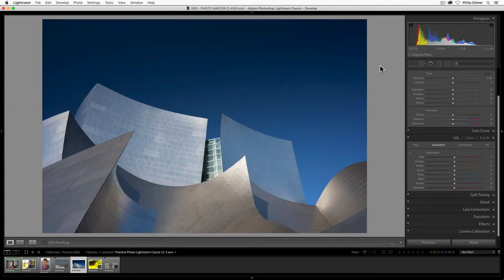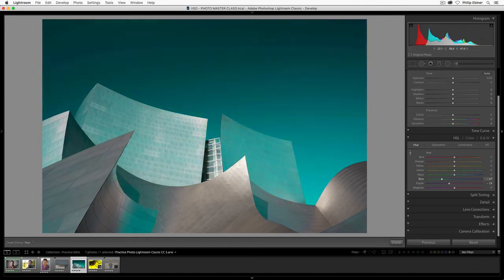So we can do the same thing with the sky. Let's do the hue. Take this color picker. Now select the sky and adjust it to pink. And you see it's getting a lot of the building as well, this Walt Disney Hall, because there's a lot of reflection in there of the sky. So that's why you see it.